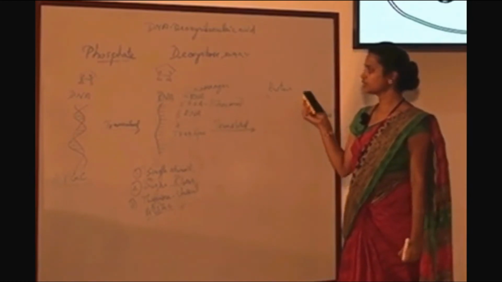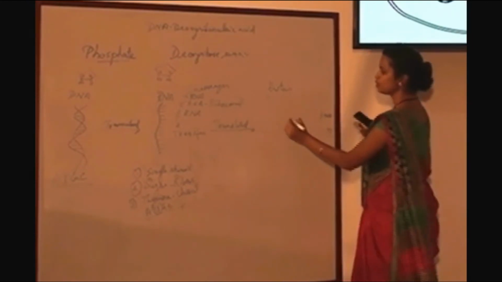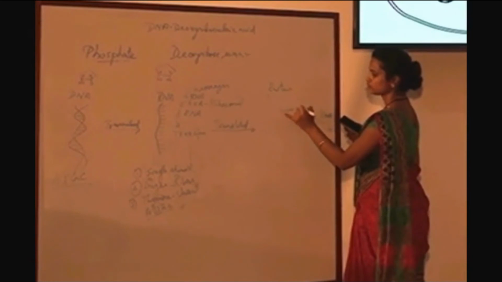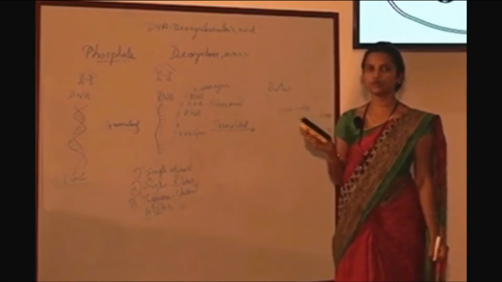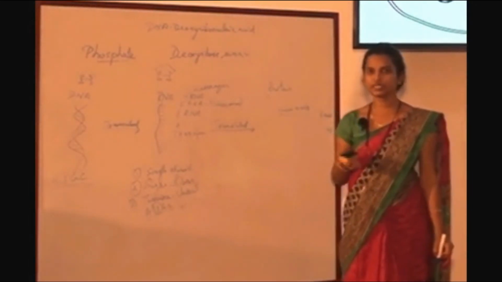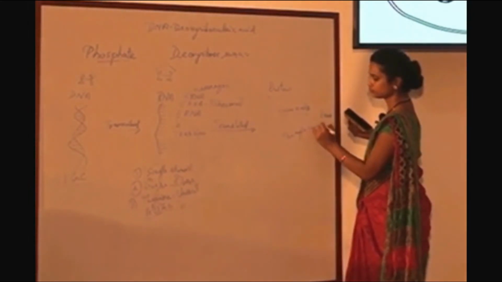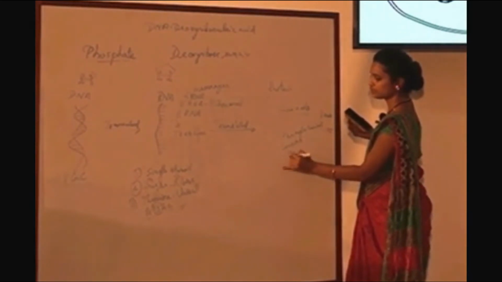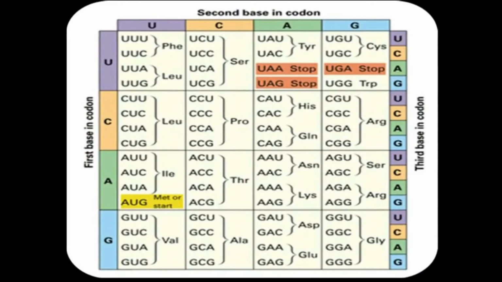Now we will have a look at the protein molecules. What is a protein molecule? A protein molecule is made of amino acids. Amino acids join together to form protein molecules. There are more than 20 types of amino acids, like phenylalanine, leucine, lysine, etc. Next slide. Here you can see the list of amino acids present in nature: phenylalanine, leucine, lysine, isoleucine, valine. These are the different types of amino acids found in nature.